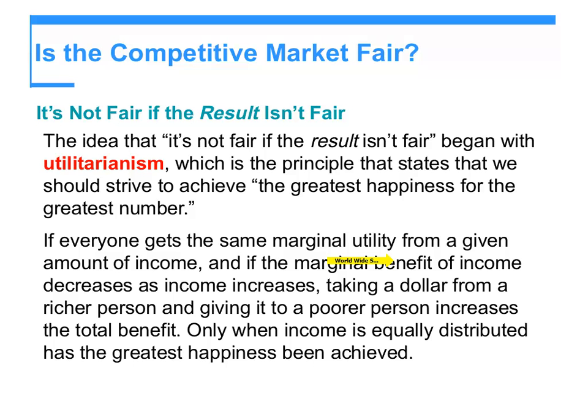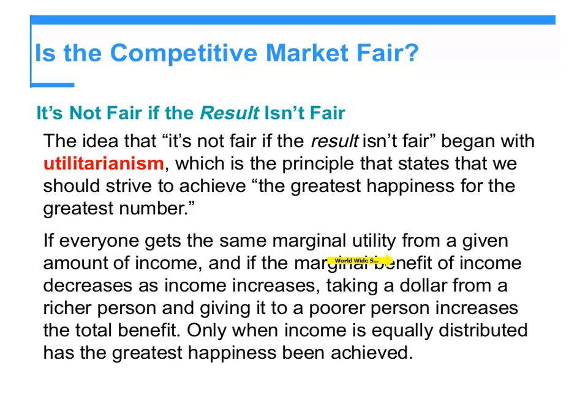So another more pizza gives him much more marginal benefit. That we call it the balance that we were talking about. So if you take a little bit of money from the rich one and give it to the poor one, at the end of the day, the rich one taking one more pizza doesn't really affect marginal benefit.